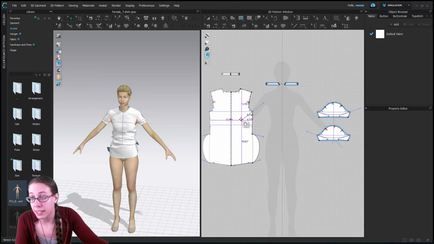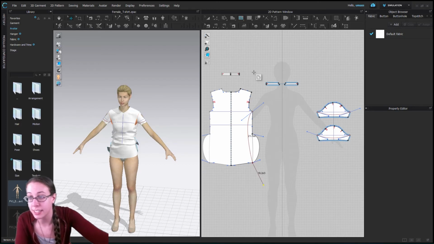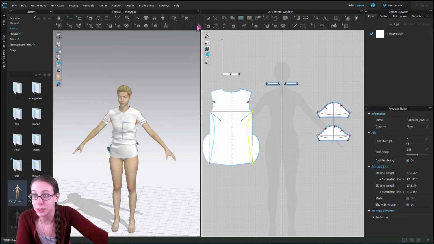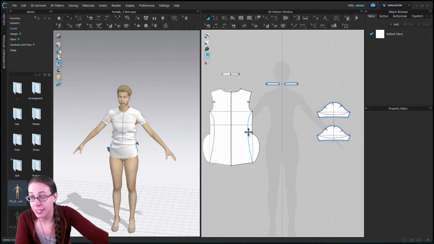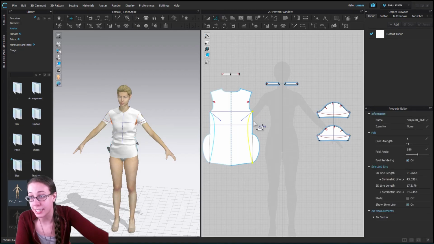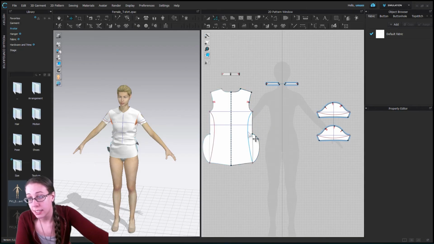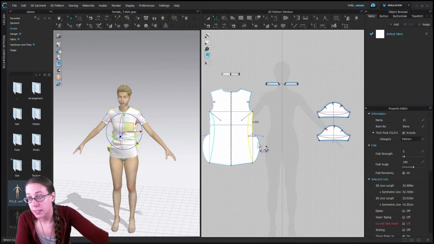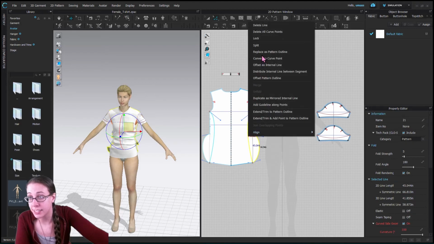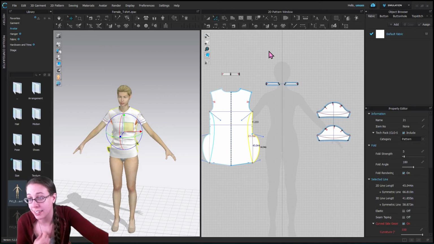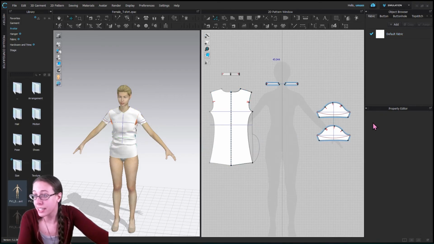And I'm sorry that I'm getting that error message and that I don't know how to fix it. Maybe it's the fact that I'm choosing more than one segment over here, but I thought that I practiced that earlier. So I'm going to try one more time. I'll just select these. And this is with 2 segments. And then I'm going to right click on the segment that I want to be the outline and choose replace as pattern outline. Okay, so it's not that. So there's some other error happening here